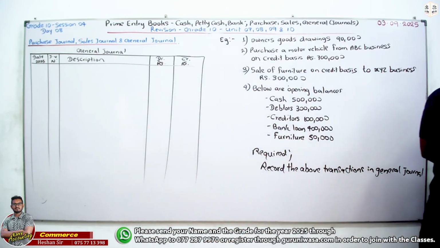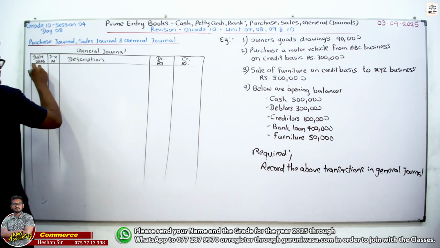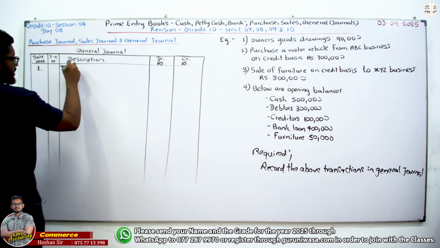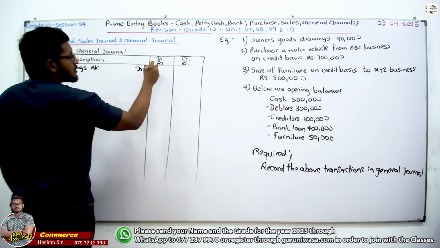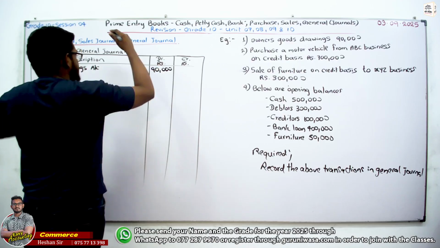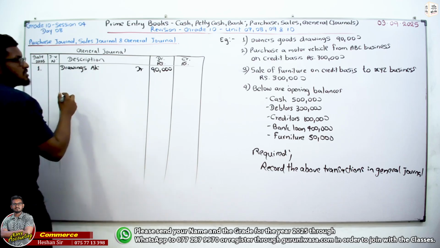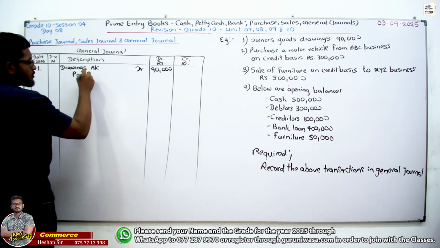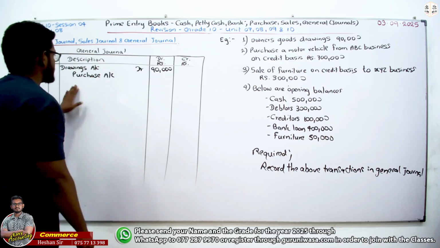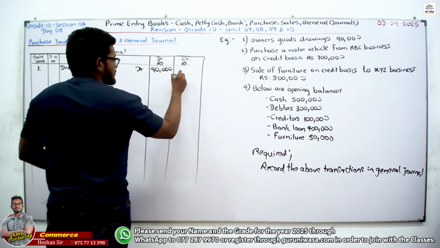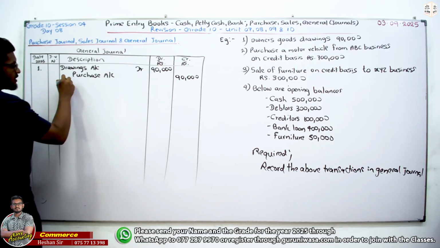Right, okay, let's see. Number 1, owner's goods drawings. Drawings account debit. You know how we write the drawings account debit, we write the double entry, and since this one is also not performing the dual function, the double entry should be recorded in the ledger. Purchase account credit. You need to debit the drawings account and open a ledger account in the ledger as drawings and debit it, and purchase account credit. So we need to write a narration, recorded